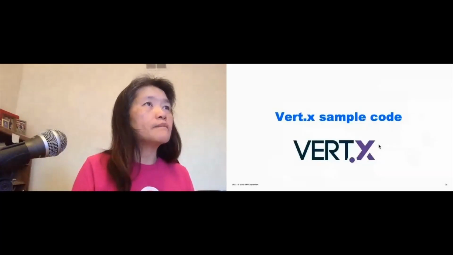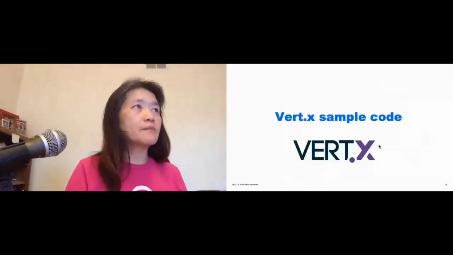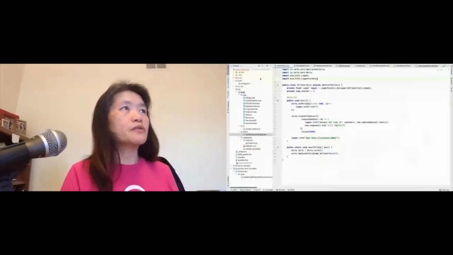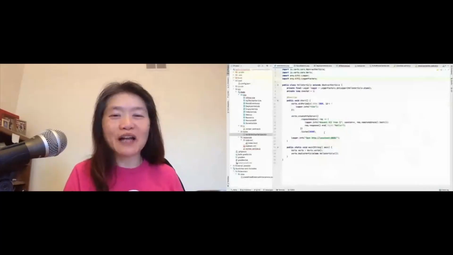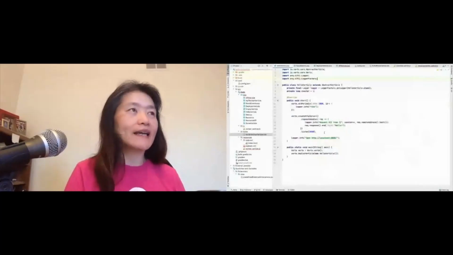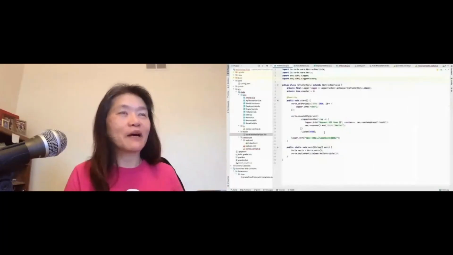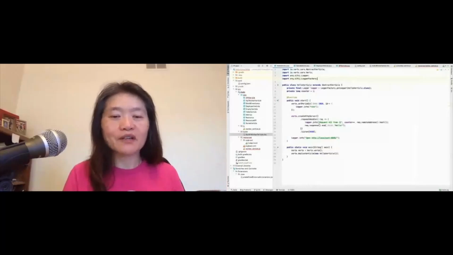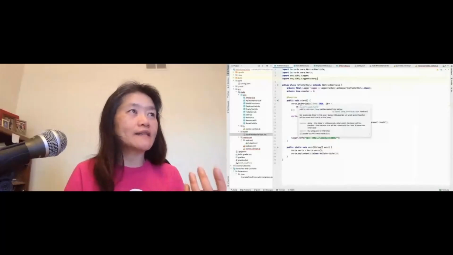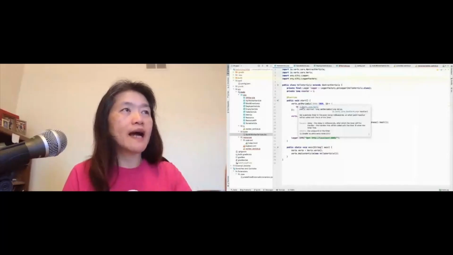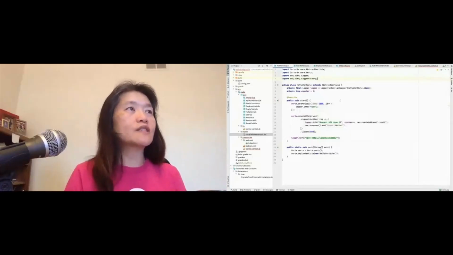Whenever we do any code demonstration, we like to do hello world. So this is an example of a hello world using Vert.x. One of the nice things about Vert.x, if you want to set a timer, is that it has setPeriodic. This is a call you can use: it's a periodic timer that fires every however many milliseconds, and then you can have a handler called at that time. So this is just an example, right?